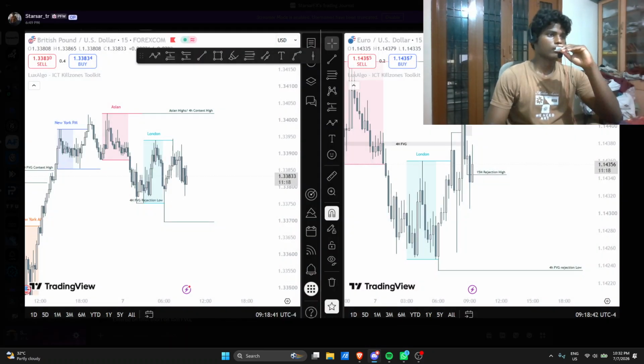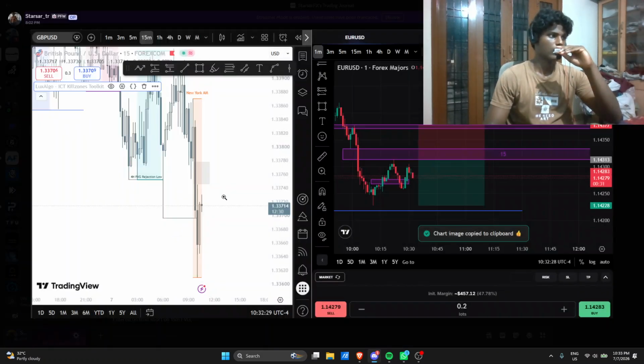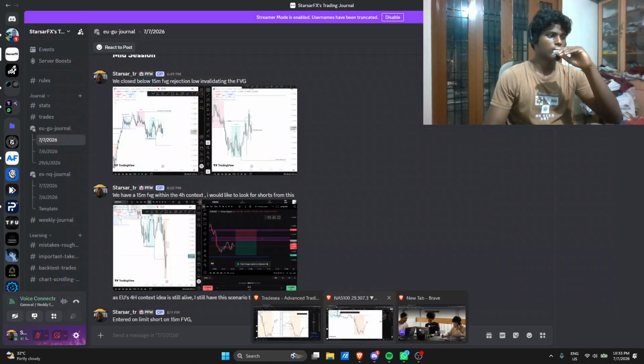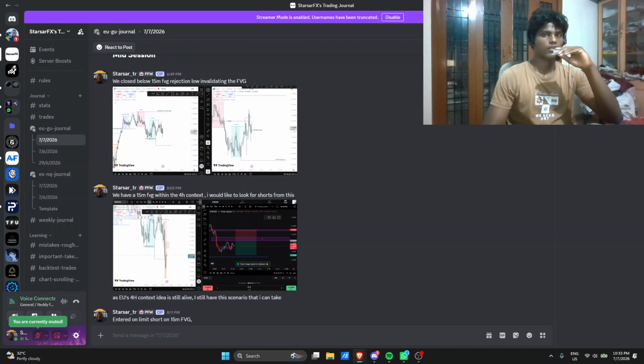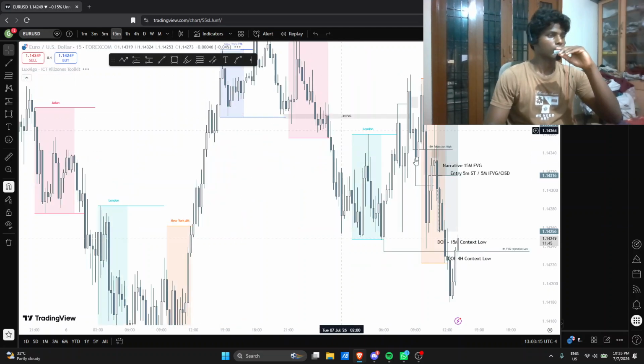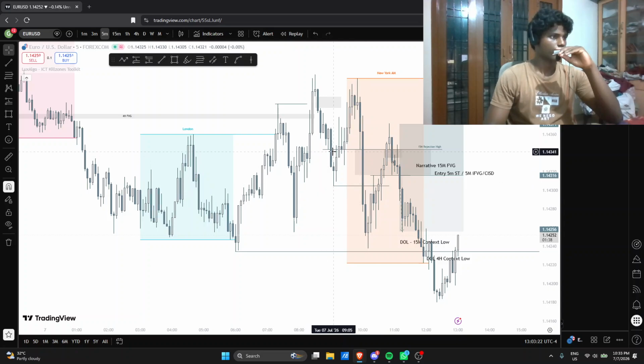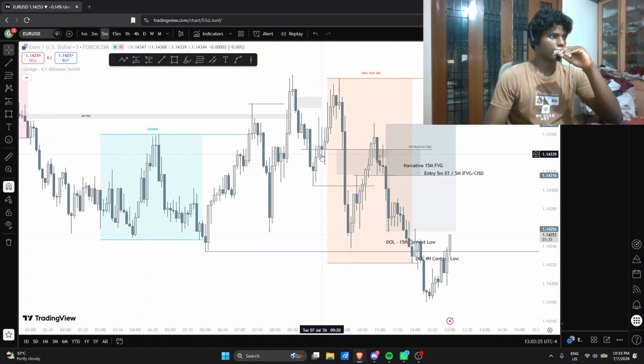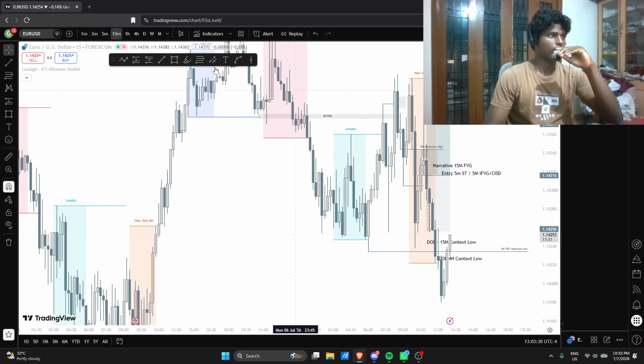So what happened was we closed below the 15 minute. We closed below this 15-minute fair value gap, rejection high. At this point itself, it's really nice to see that happen. So let me check what happened. Basically, after that, when we had this close below this 15-minute bearish fair value gap that we had around this area, correct? When we had this, honestly, okay, we kind of completely invalidated it, yeah.